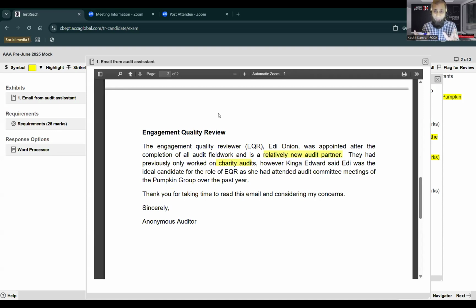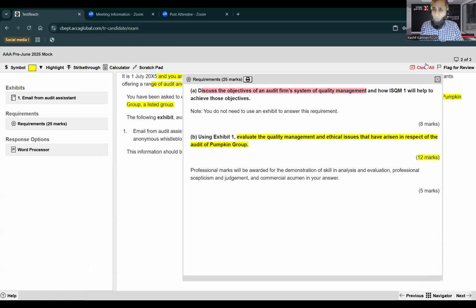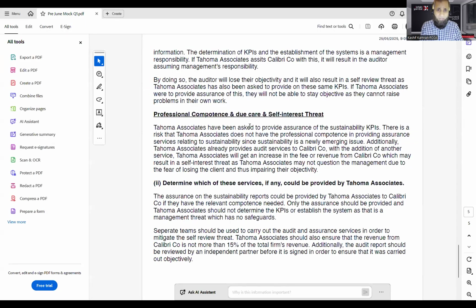So 12 marks, you have to write issues and actions. So look at the number of issues we have. Even if you write 50% of these issues with actions, you're wrapping up the answer. Just let me show you a quick good student answer before I give you the answer to part A. If I show you one good student answer I found after reading through all this,